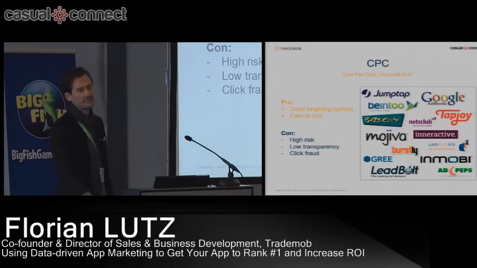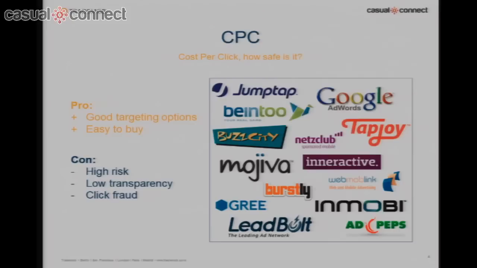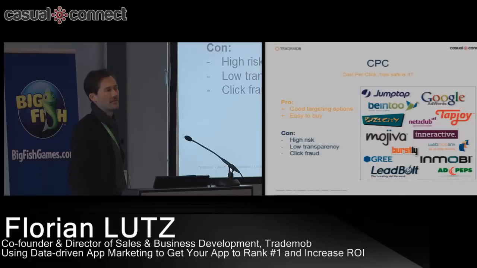So CPC obviously is today the dominant way of buying mobile media. It's established also in the online world, and I think you all know what it's all about. It's basically buying media by the click. So the advantages of buying media CPC is that you have a vast volume of traffic that you can plug into. So it's basically unlimited, right? On the other hand, it's also very easy to buy, and nowadays it does have pretty good targeting mechanisms. You can actually get very granular by buying CPC media.